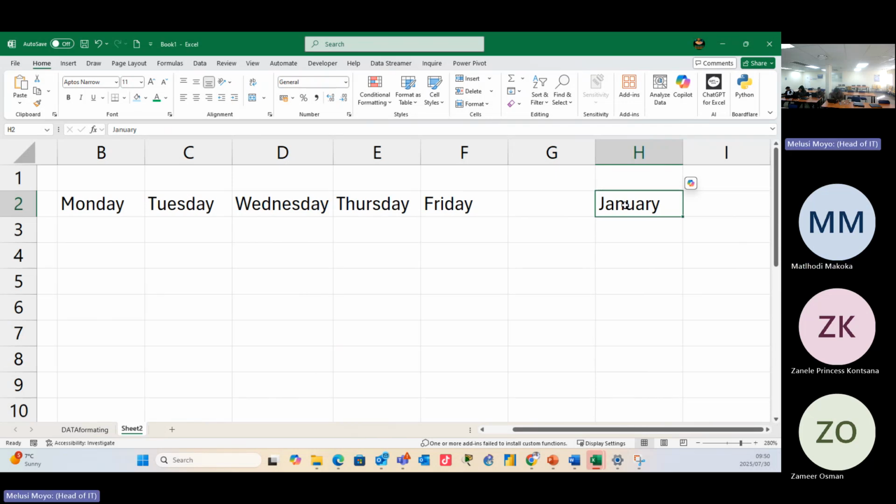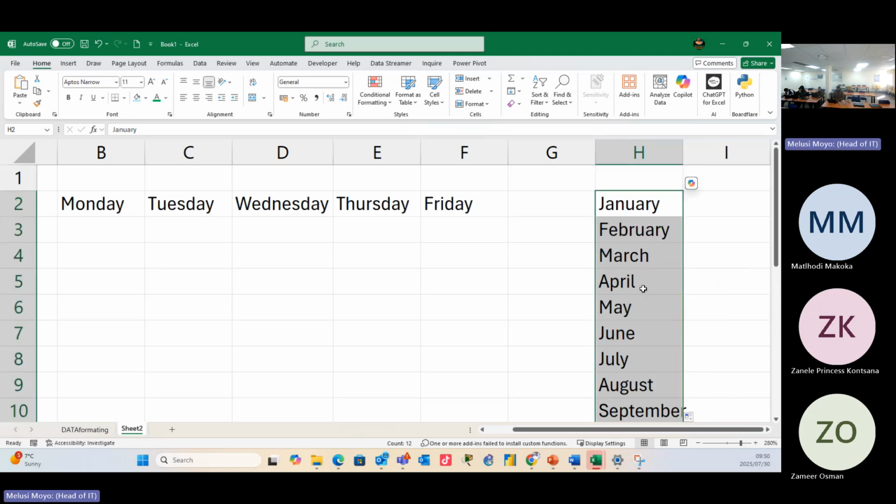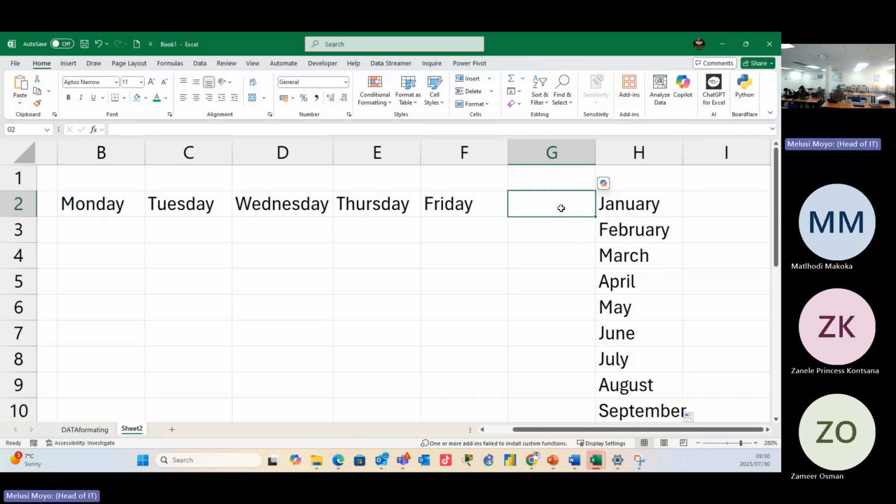All right, so the task that used to take us forever to do, because you'd type in January, right? Move to February, and then up to December. That's quite a lot of work to do, right? So you just type in what? Only one. Excel is smart enough to do the rest for you. I can just do this, and then up to December, then it picks up that. So I have to type in only one. All right. On that same note,